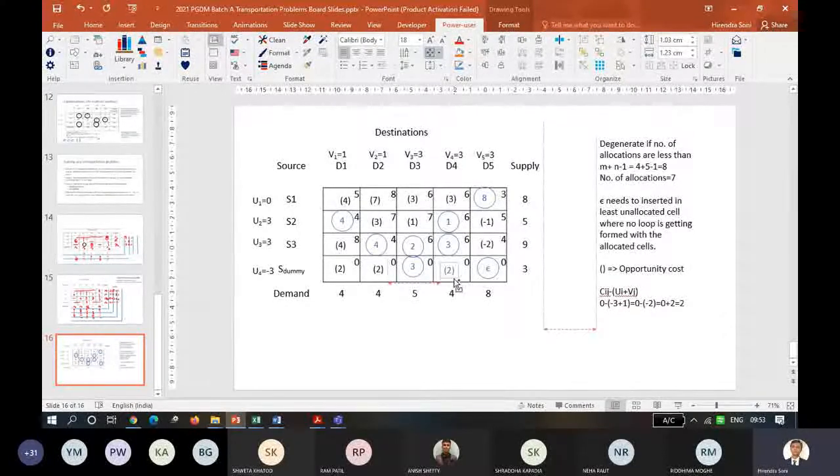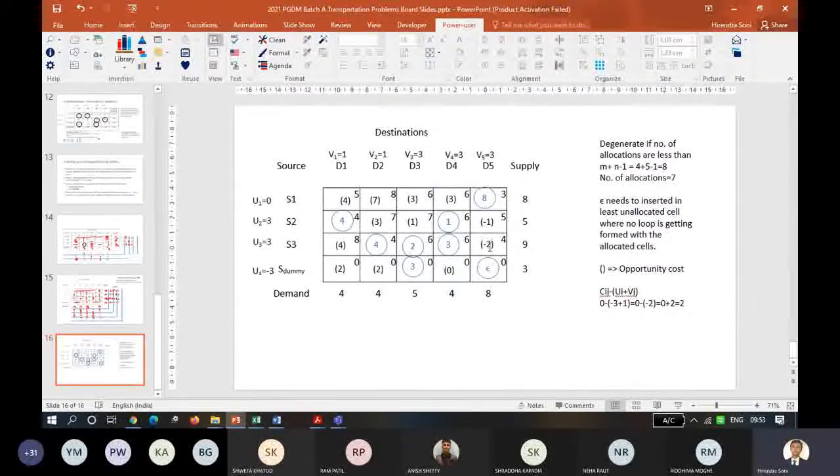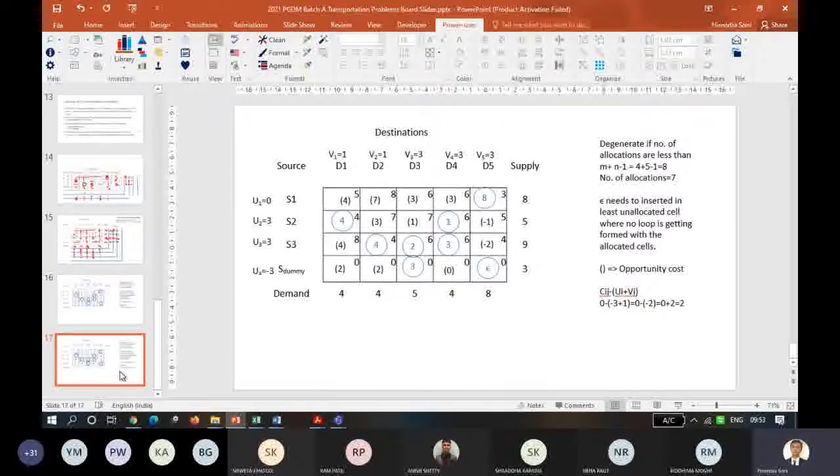What about this cell? 0. 0 means if an allocation comes in that cell, it will not increase the cost, but it will give you another set of allocation. So that means an alternate solution can exist. Okay, now since we have got -2 here, we will choose that for allocation. So इसको just duplicate कर लेता हूँ, and since we have got -2 here, we will start with